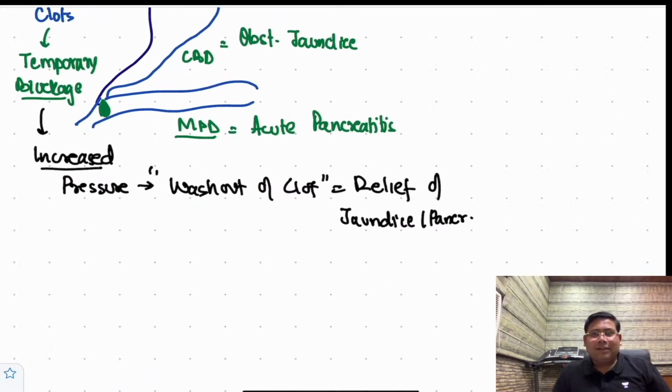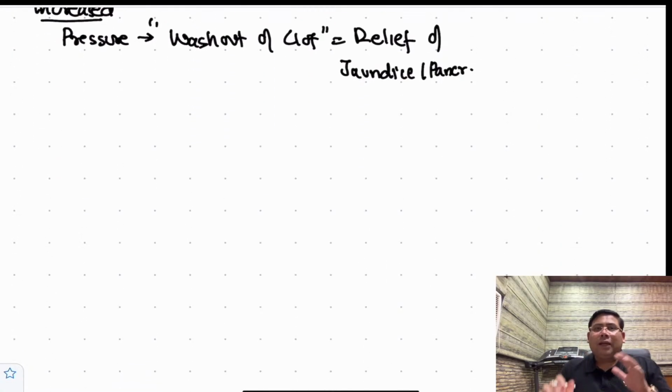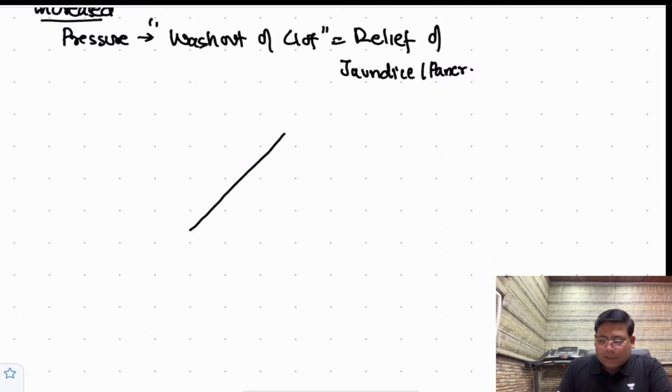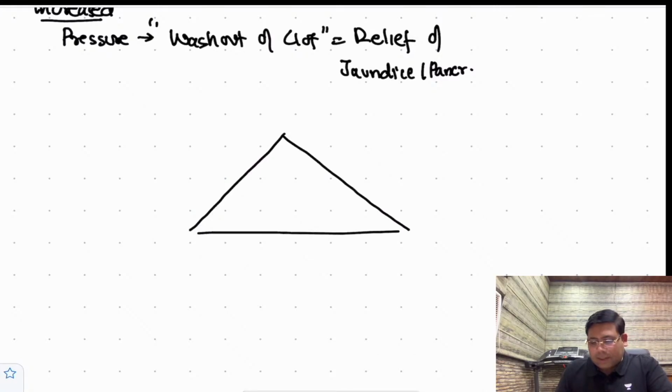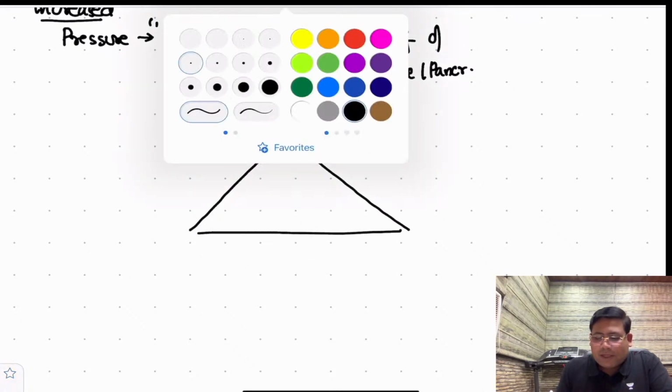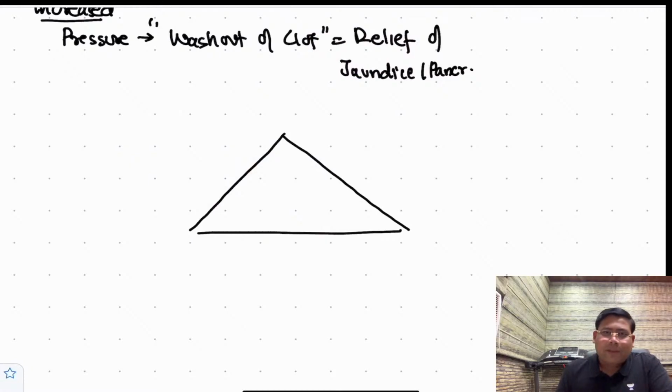So this is the reason why you have the intermittent pancreatitis. So what do you see in choledochal cyst? What is the classical presentation? This is seen in young,